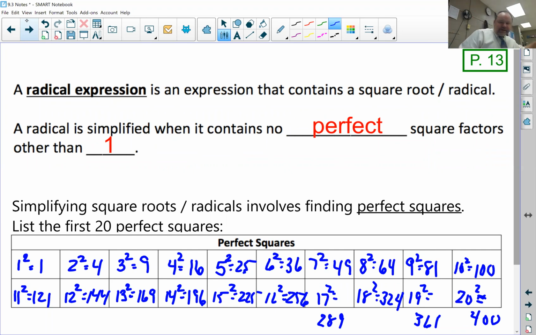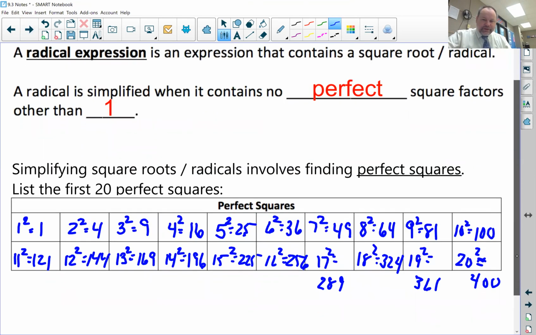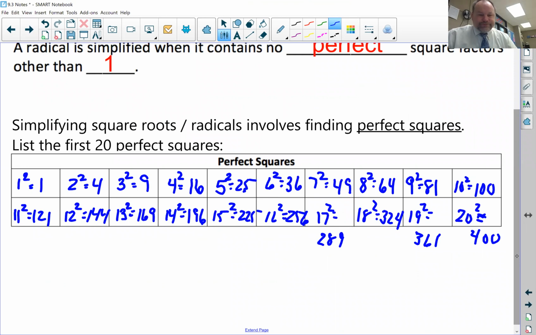Simplifying square roots and radicals, again, involves finding perfect squares. So here are the first 20 perfect squares. So if a number is evenly divisible by 1, which all of them are, 1 would be a perfect square factor. If it's evenly divisible by 4, 2 would be a factor, and so